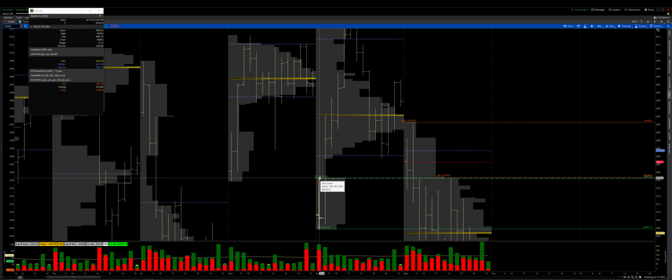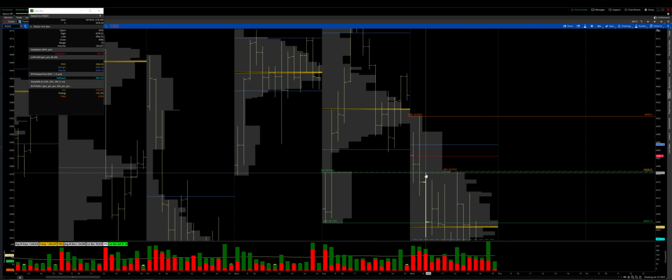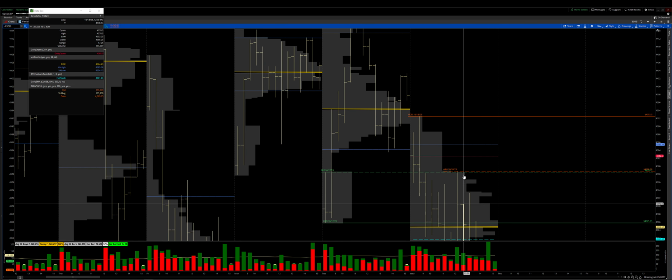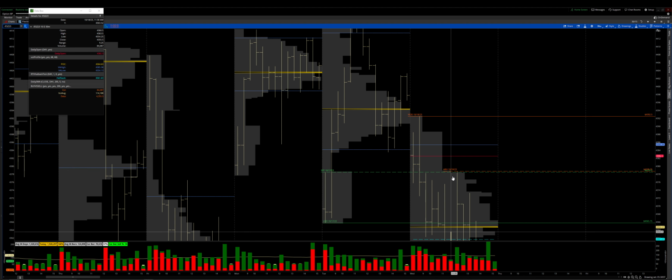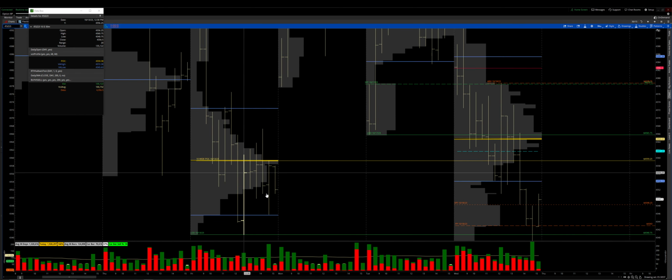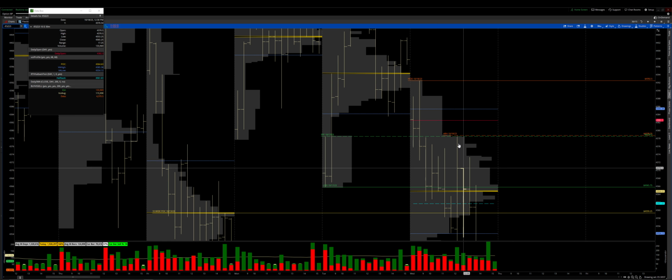You see how that works, how mechanical that is, right? We couldn't do it here, right? We couldn't get it back above it in C period when we pushed up, right? That means we were finding acceptance either below or in the lower distribution. So obviously that was a great fade opportunity on the push up here, right? I got long here against all of this information here. And then that was a great short opportunity because